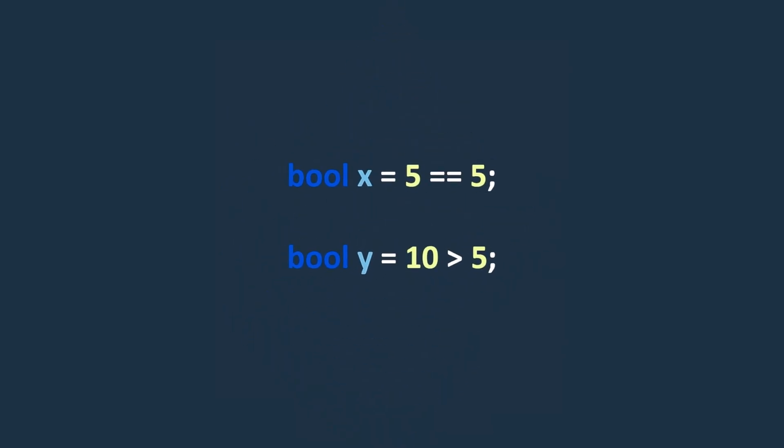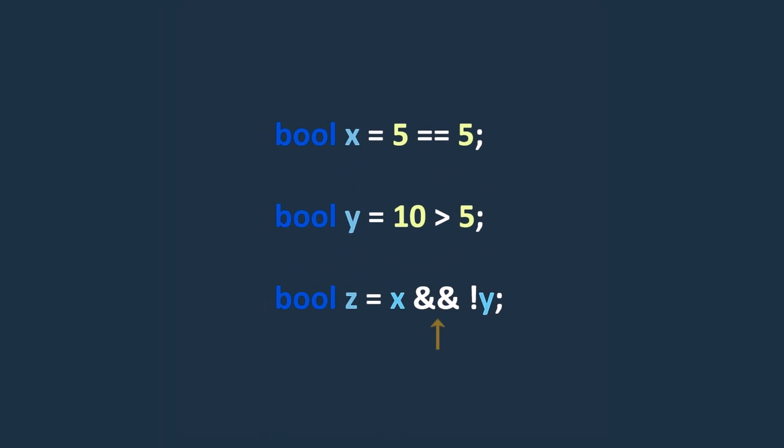Okay, the bool type is widely used for expressing logical decisions and conditions in many scenarios. For example, here, these two comparison operators evaluate to a Boolean value. Similarly, the logical AND operator evaluates to a Boolean value.